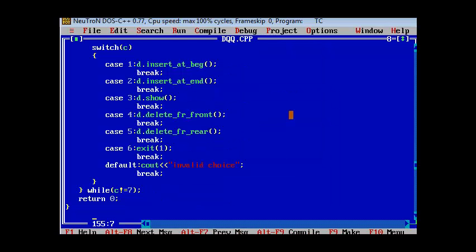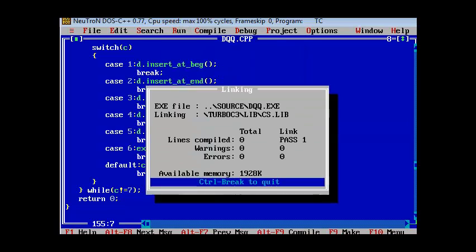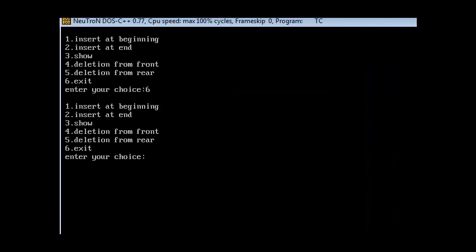Zero errors. Then try to run the program. The menu shows insert at beginning, insert at end, show function, delete from front, delete from rear, and 6 for exit. Enter the choice. Suppose I want to show the values but the queue is empty.